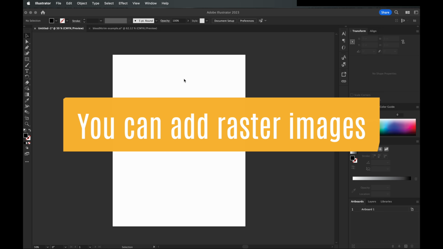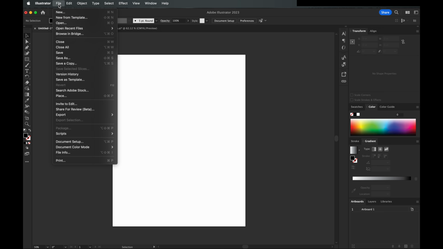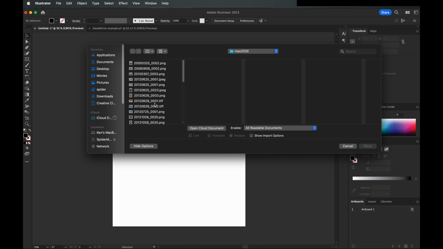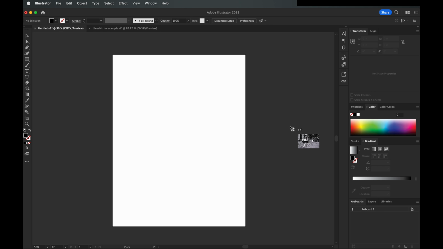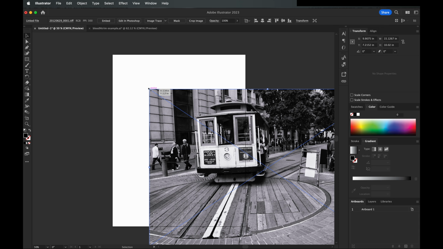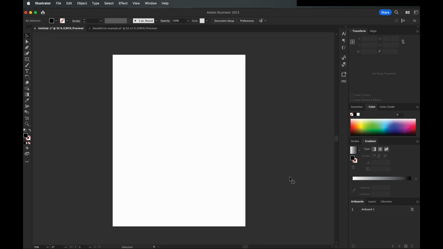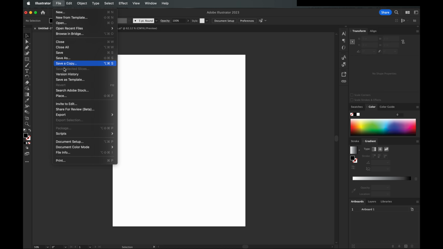I'm going to show you that right now. I'm going to go to File. We're going to say Place. We're going to select our image and click Place. It gives it this icon right here. There are two ways of doing this. If I simply clicked, it's going to insert the image at 100%. You would have to scale that down to fit on the page, especially this image, because it's far bigger than the page layout itself. The other way is to